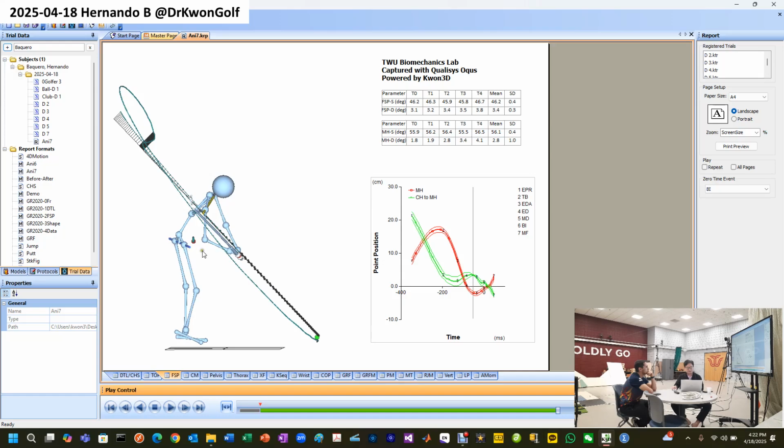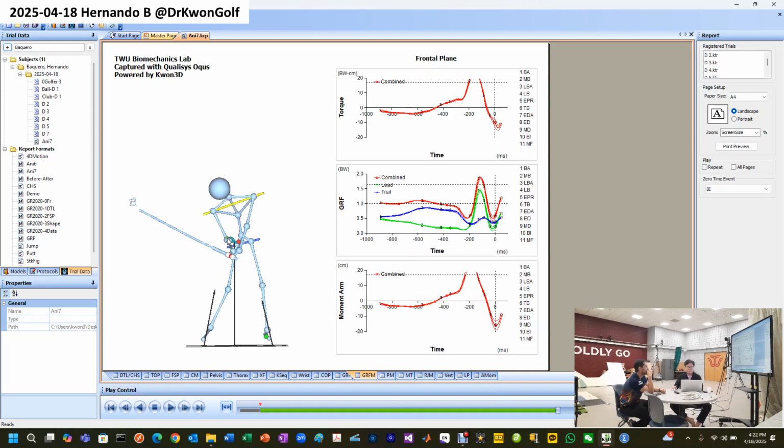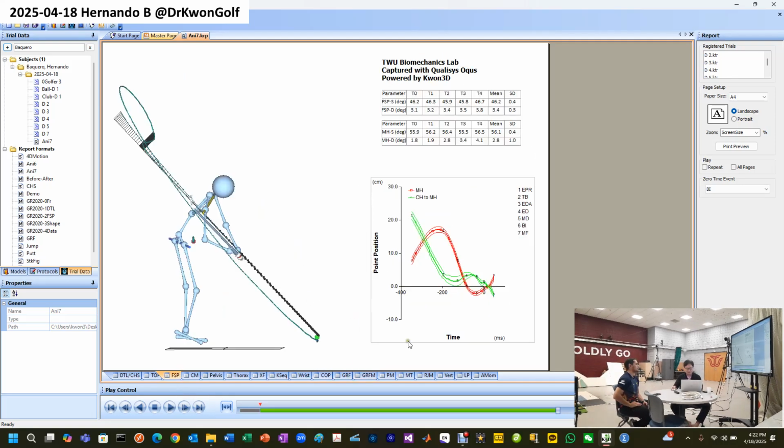So your trail elbow is going here. That's way too far inside, right? In the frontal plane here, your elbow is too much inside. So basically it gives a stuck elbow. Then you have to slide the pelvis toward the target quite a bit to make room here. Right. And then in the lateral view,